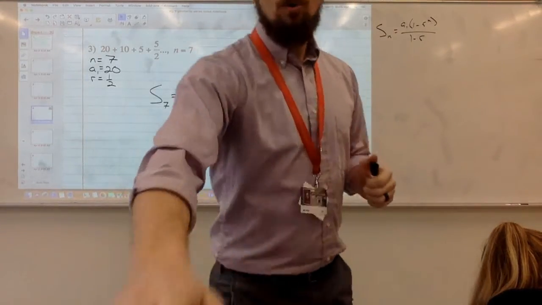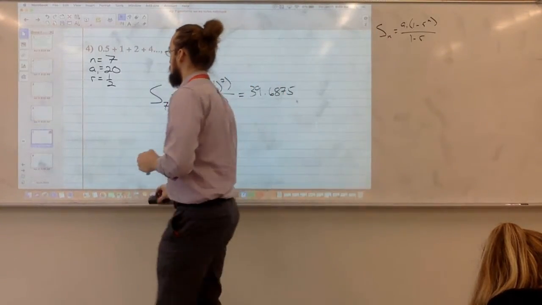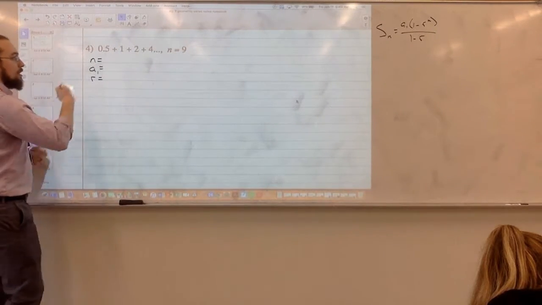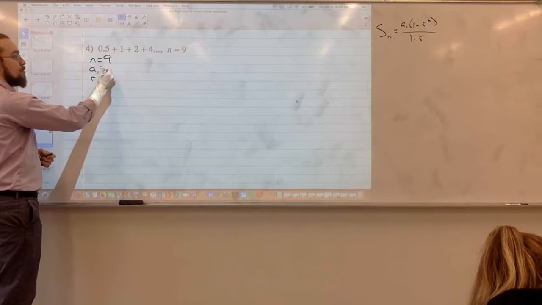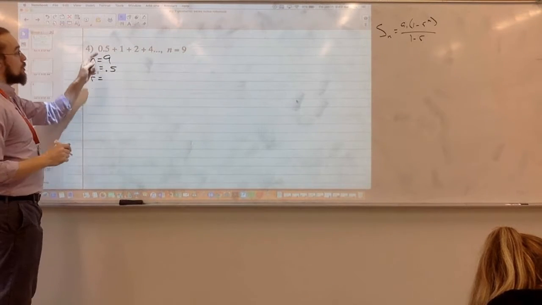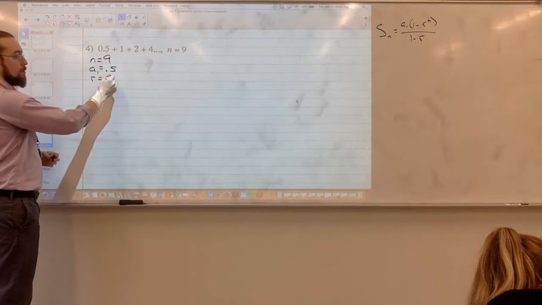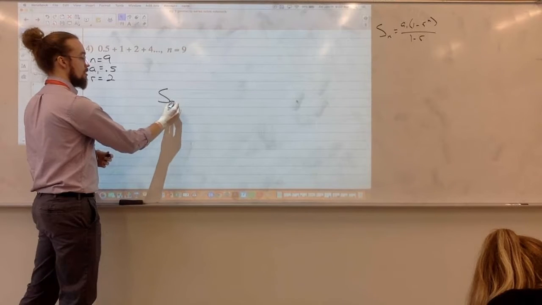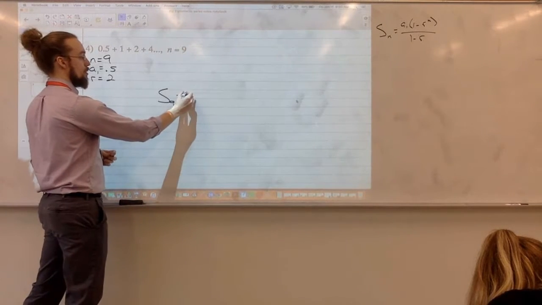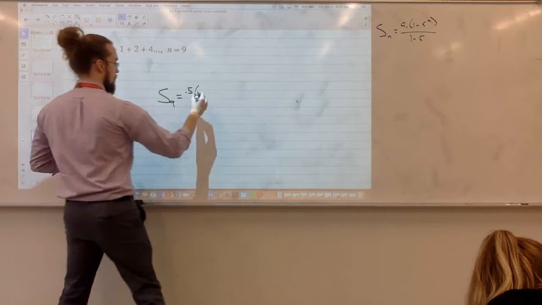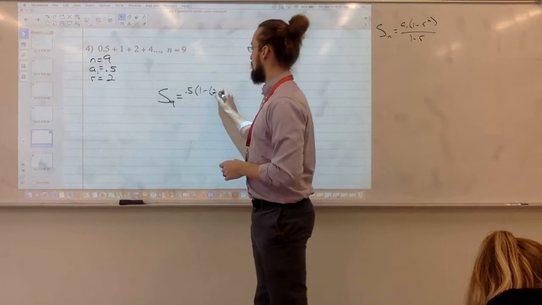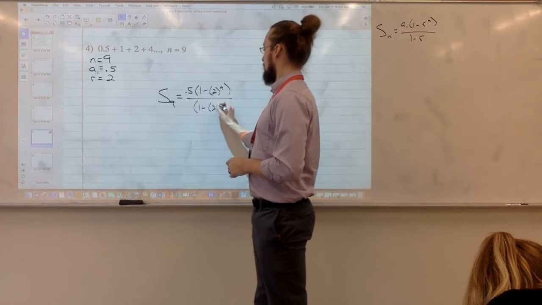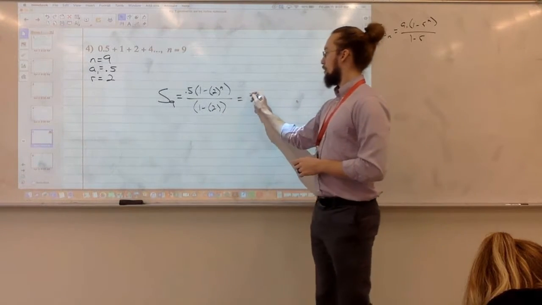Then number 4, same idea. My n, I'm told, is 9. My first term is 0.5. Then my common ratio, the number I'm multiplying by every time, looks like it should be 2. So plugging that information into my formula, the sum of the first 9 terms will be the first term times 1 minus the common ratio raised to the 9th power over 1 minus the common ratio. And I think we get